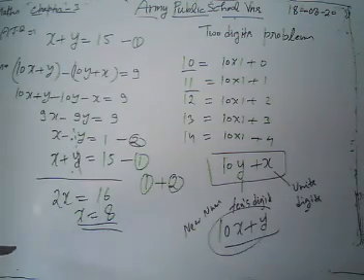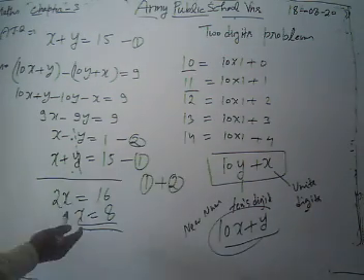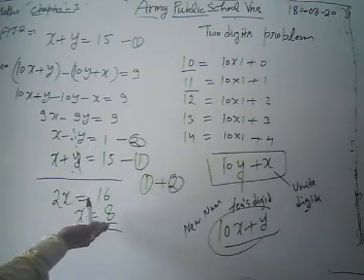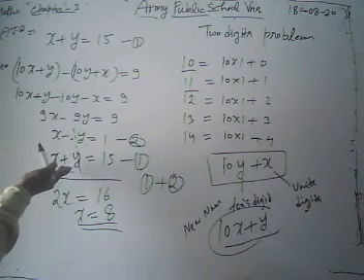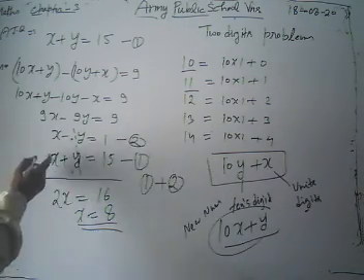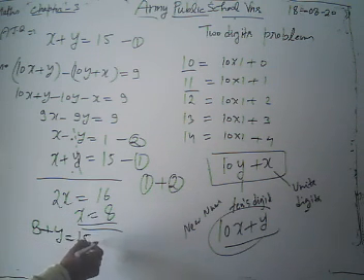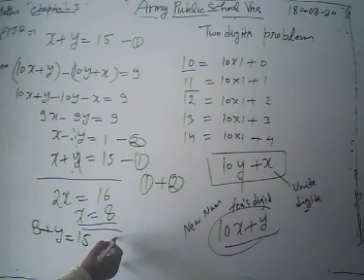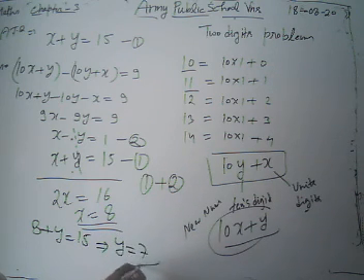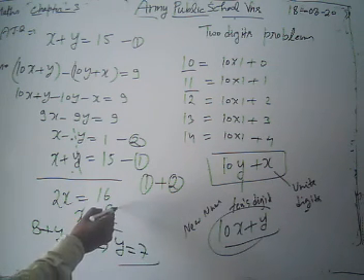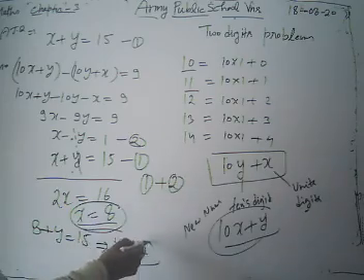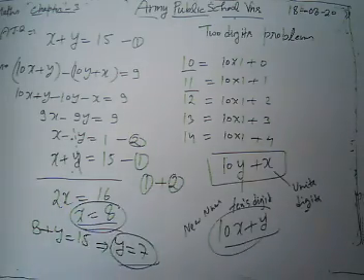After getting the value of x as 8, what will we do? Now we are going to find out the value of y. We put our values in equation number 1. Then we have 8 plus y is equal to 15. From here we get the value of y is 7. The value of y is 7. We have x equal to 8. We have y equal to 7.